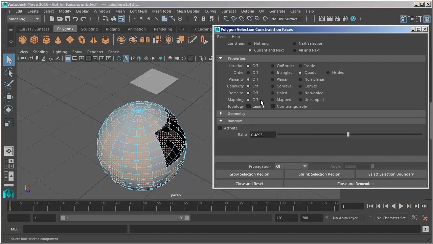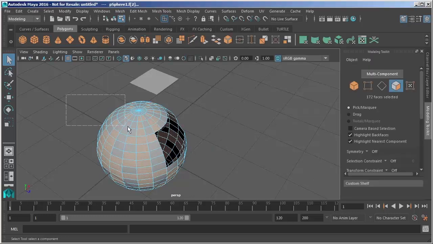Now, the tricky part here is that we want to shut this thing off before I close this out, because you can see down at the bottom, we could choose close and remember or close and reset. If we choose close and remember, this will stick with us through the rest of our Maya session. Not good. We don't want that. That's going to be really confusing for us. So I just want to hit close and reset, get back to a normal state,